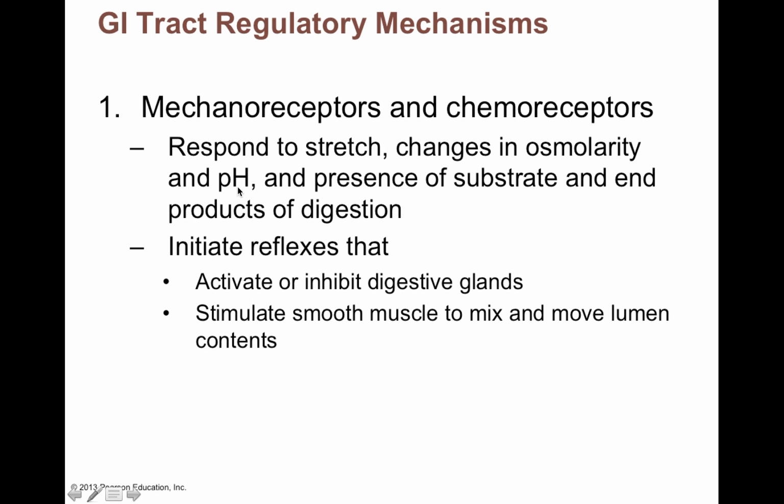Now, one of the big things in the stomach, you guys, is a change in pH. So what's the pH of our stomach acid? Do you guys remember? Yeah, right around 1, right? So super, super acidic. What about the pH of the food you eat? Do you think it's that acidic? No way, right? So what if you swallow a bunch of food and it plops down into your stomach? What's going to happen to the pH of your stomach? If it had been 1, what should happen to a pH when you swallow food? Yeah, probably a little bit higher pH, like a higher number. It's going to become less acidic, good, or more basic, because the food we eat is typically not as acidic